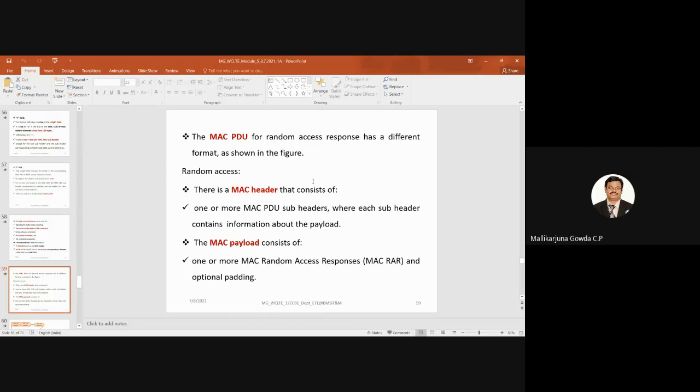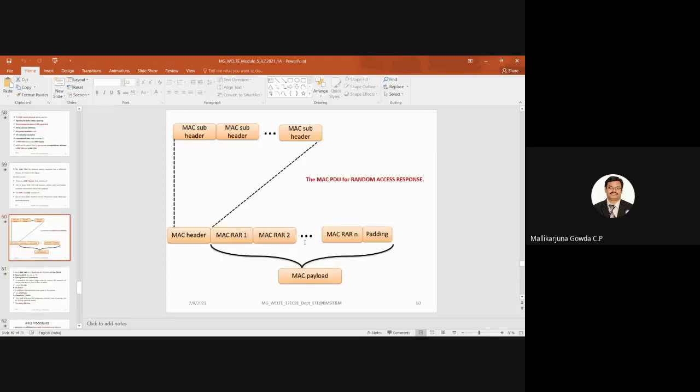So for random access response, the MAC PDU is slightly different. It does not have MAC SDUs; instead, it has MAC random access responses. So padding is there. And this is the format for the MAC PDU for random access response.